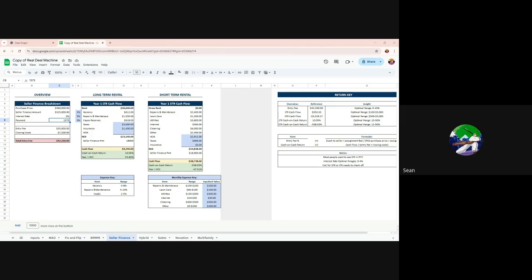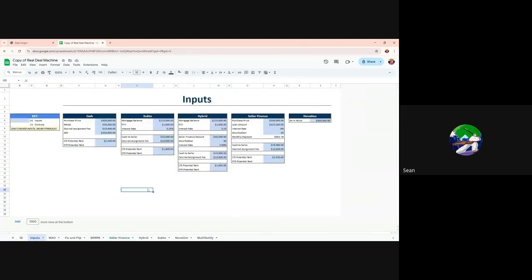I'll go party too. Could you run through a sub 2 again? Yeah, I can do that. Do you have numbers in mind, or you want me to just kind of make it up? No, I just wanted you to pull one and plug in the numbers and tell me what I should be looking for. So, first things first, on a subject 2, once you find out that there's a mortgage,